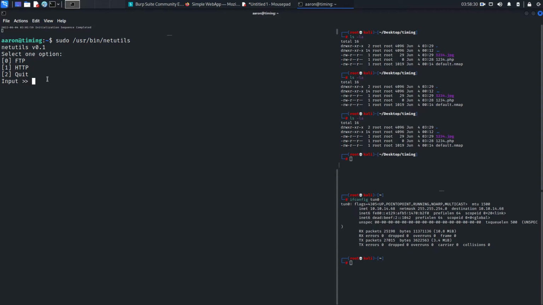What if I say 3? Hit enter. There is nothing to do with 3. We must choose one of these options. Okay, let's say 1 for HTTP, hit enter. Now it's saying enter the URL. So let's try http://